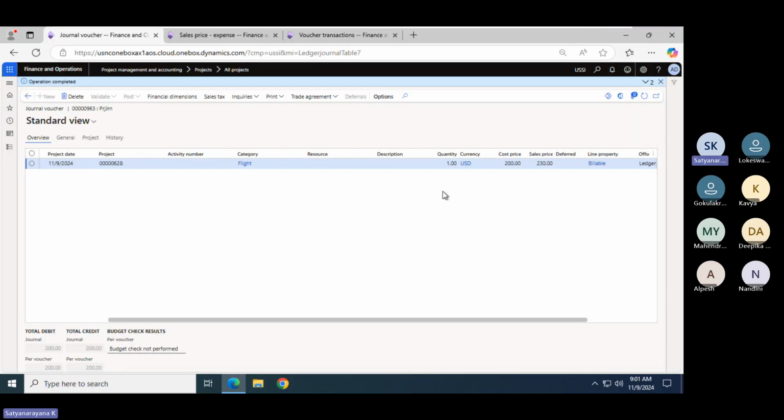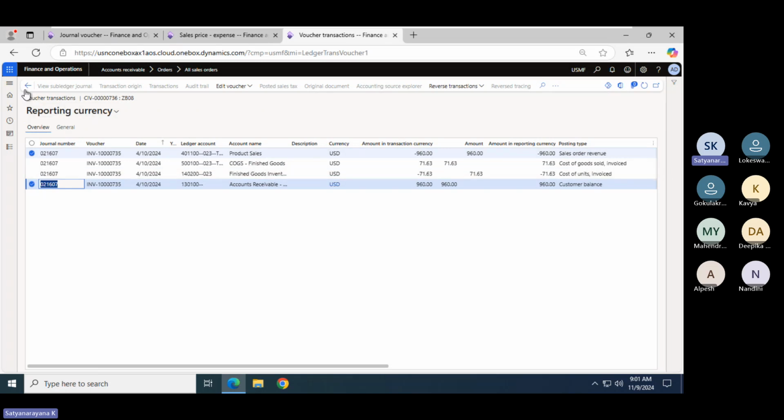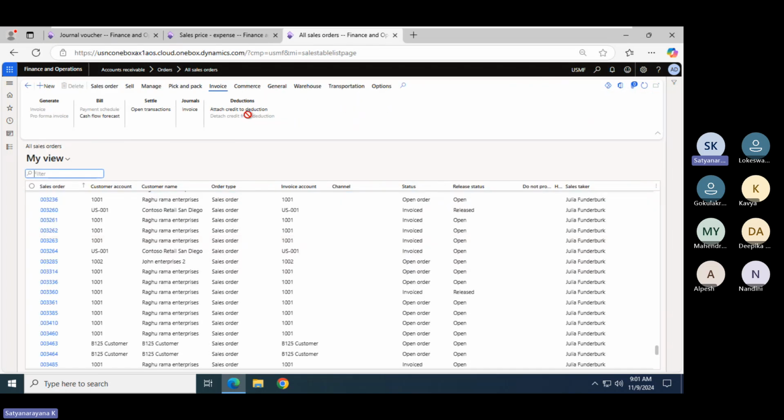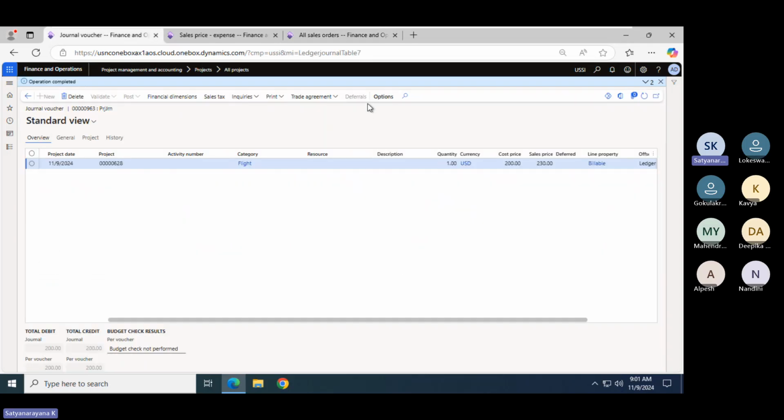If it is a sales order invoice voucher, we can see the voucher in the same transaction. But here, we cannot see the voucher immediately.